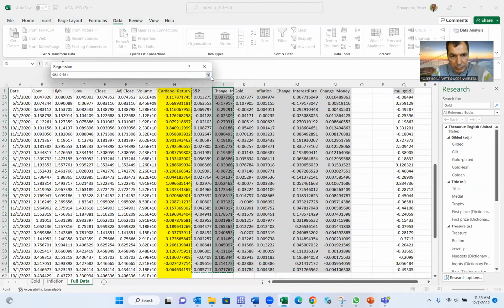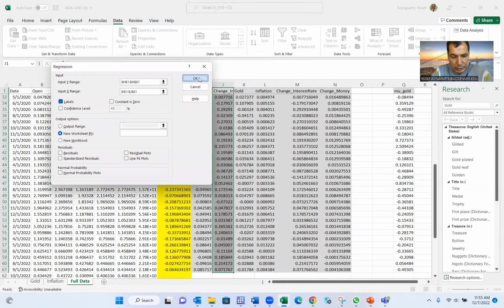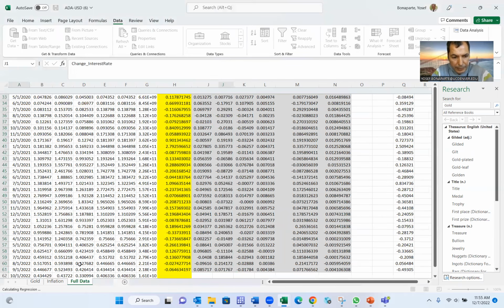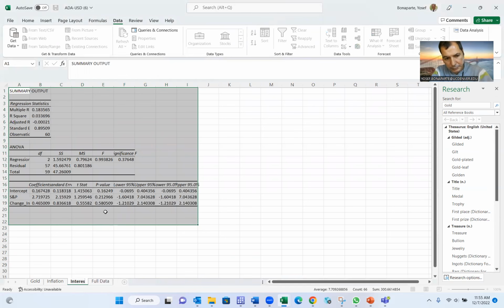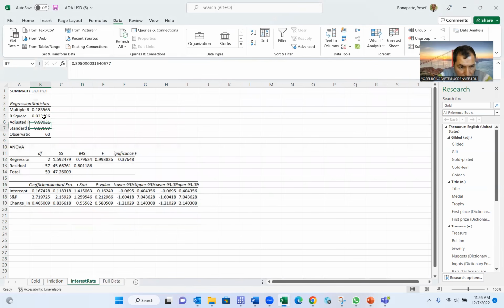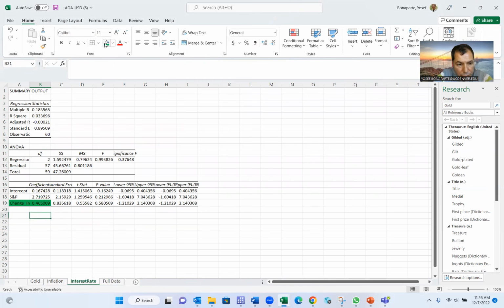And okay, that will be interest rate. And again, the R square is low, but our focus is on this theta, and theta here is showing 0.465, which means